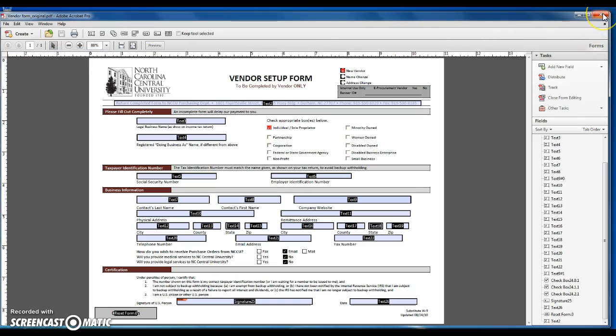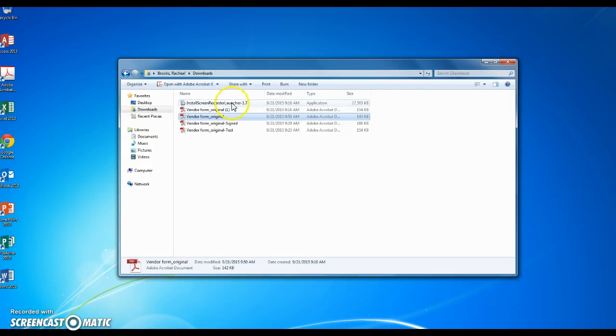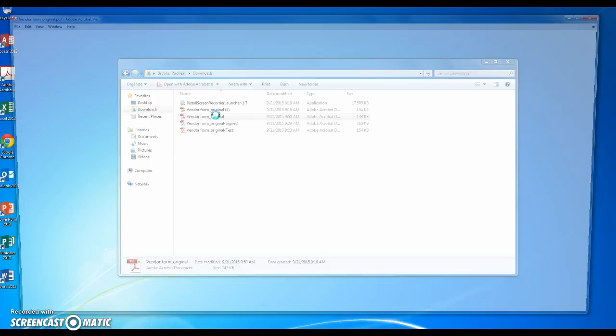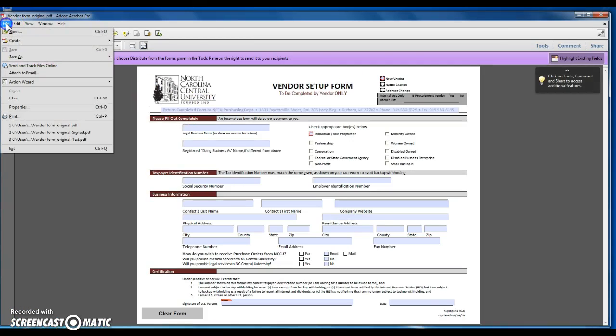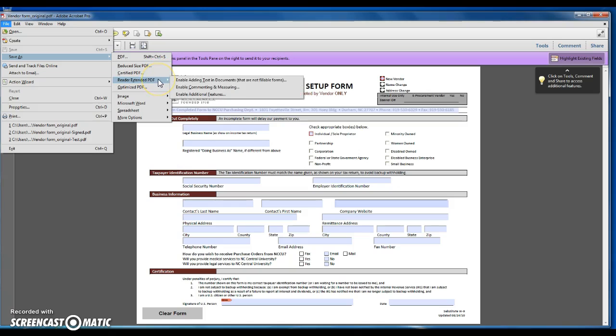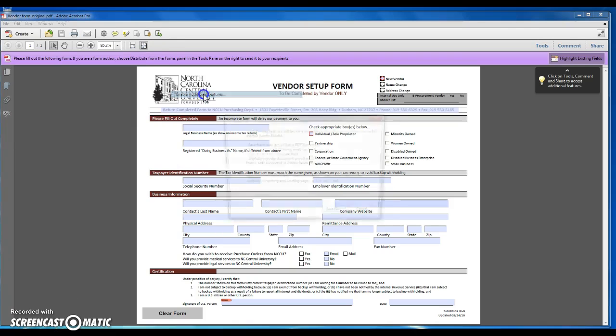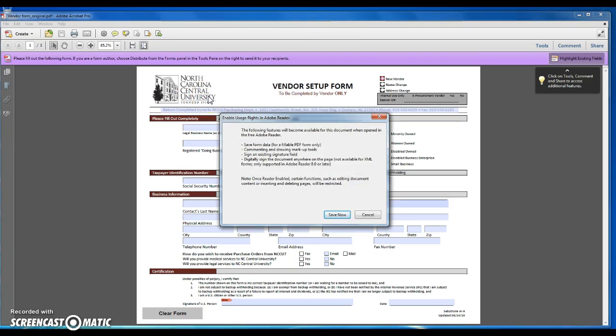So we're going to close it. And we are going to open it right back up. That should fix our problem. So we're going to go to File, Save As, Reader Extended PDF, and now enable additional features. Then it just gives us a brief explanation of what that means for enable additional features. That just means whoever is going to read it can fill out the form, they can do all of that additional stuff, they can sign the document. So we want to save now,